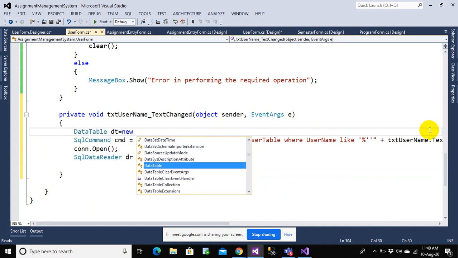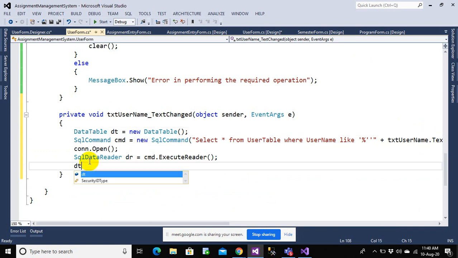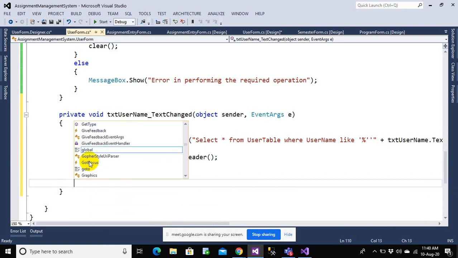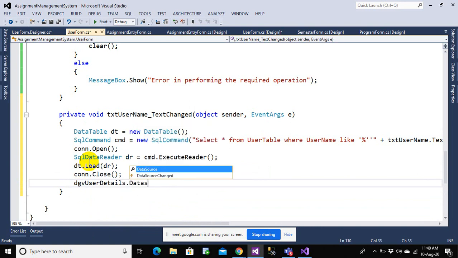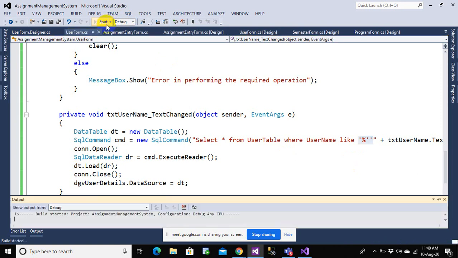We need a data table to store the list of users because we are selecting values, and I just want to do dt.Load and load that into the grid. I'm not sure whether this will work because I'm a bit confused about this concatenation, so let me try it, but we'll make some alternative to happen here. I hope to get some error here.